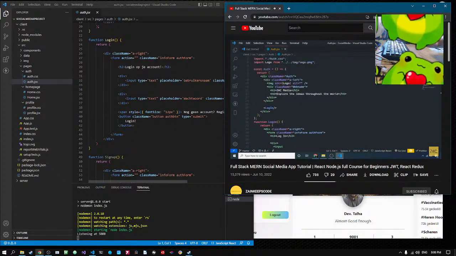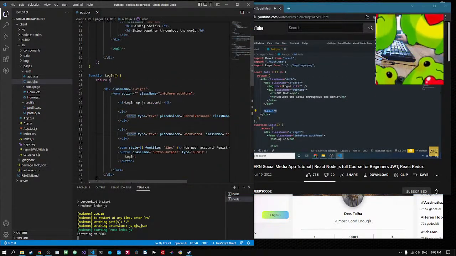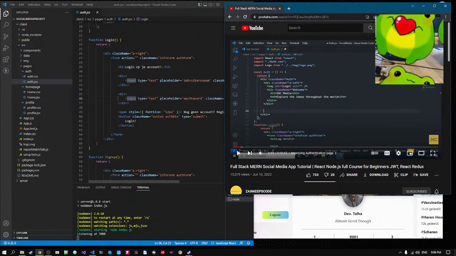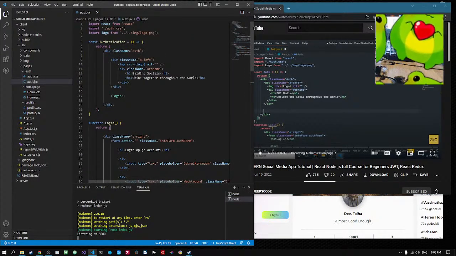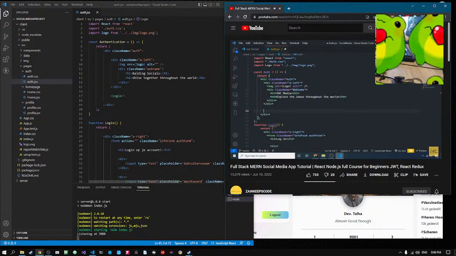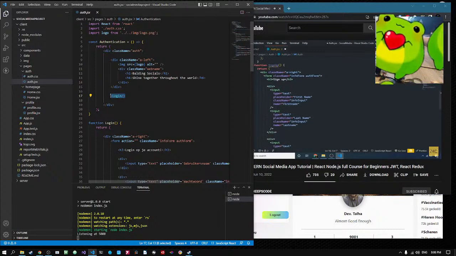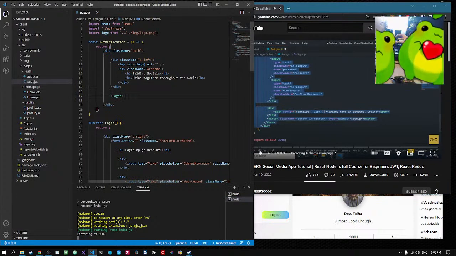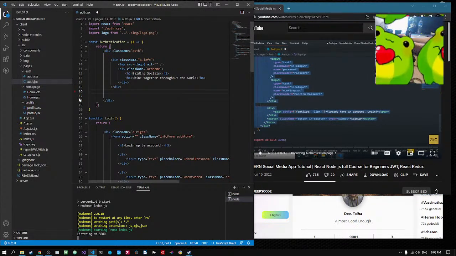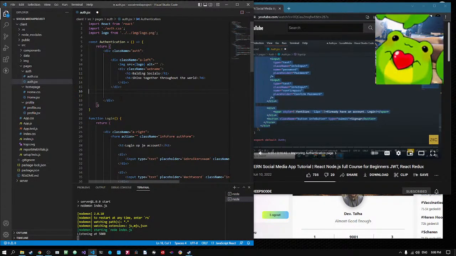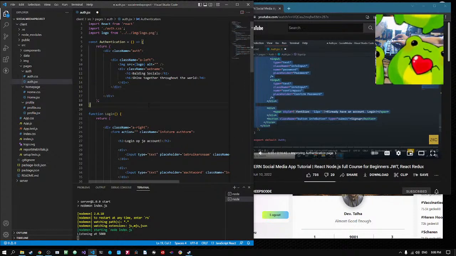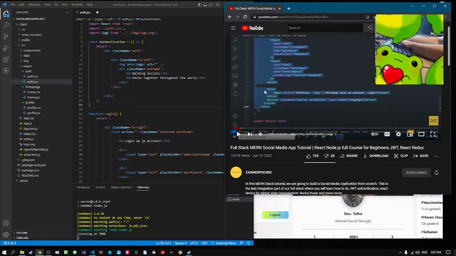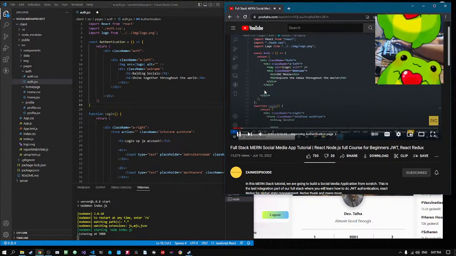Instead of making this login component, I am just deleting this and I am going to my sign up this and just copy the entire div, copy this and paste this just